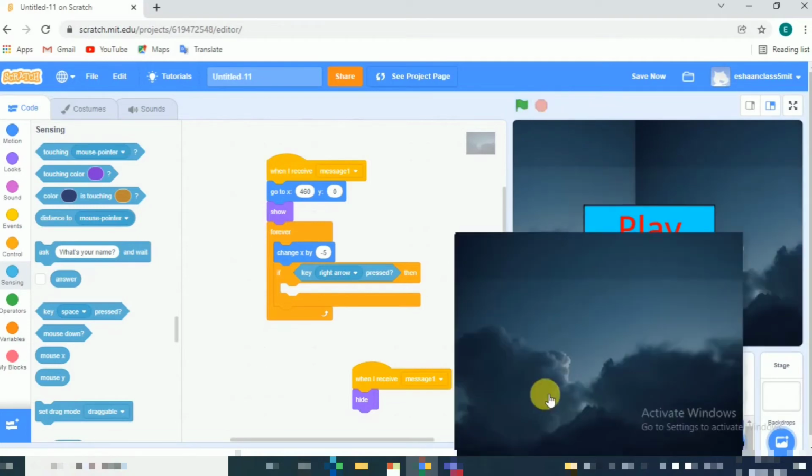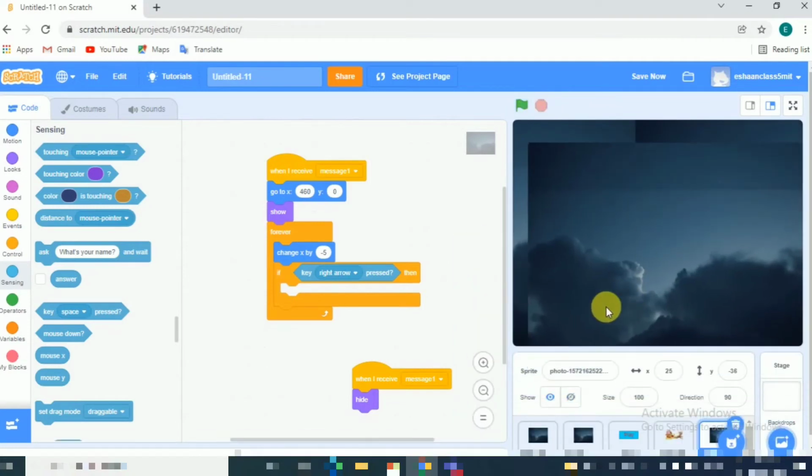First you can see this background is here. When we do the whole coding, it will work properly. It is not working properly now because it is not done.